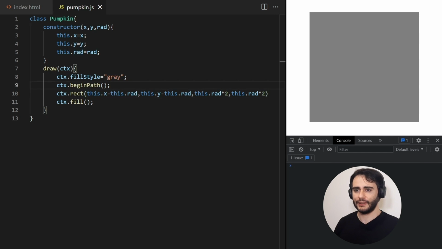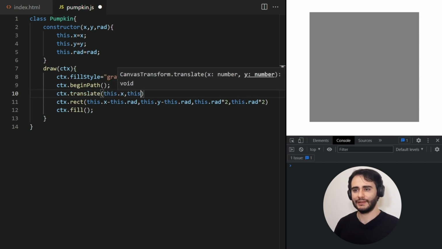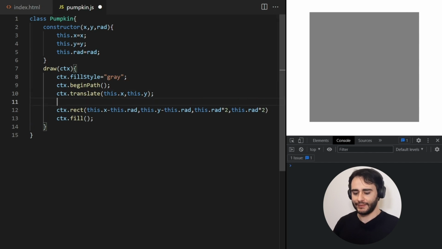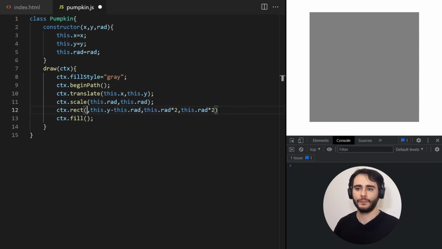So we can actually get the same result if we say here context translate to this dot x, this dot y in the beginning. So what essentially this means is that we are going to be moving inside the middle of the canvas, because that's what x and y were coming from the main file. And then we are going to scale this by this dot rad and this dot rad. So in the x and y direction, we're going to scale this to the radius, which means that here we can just work with percent values like -1